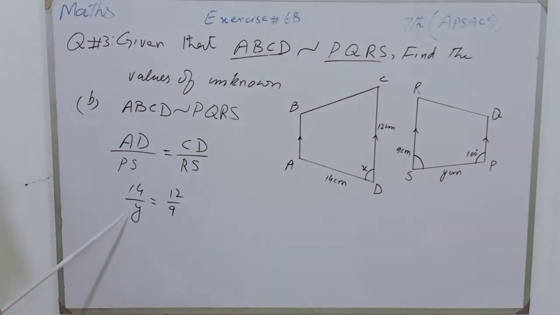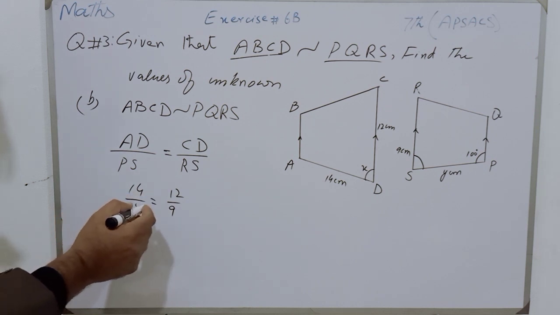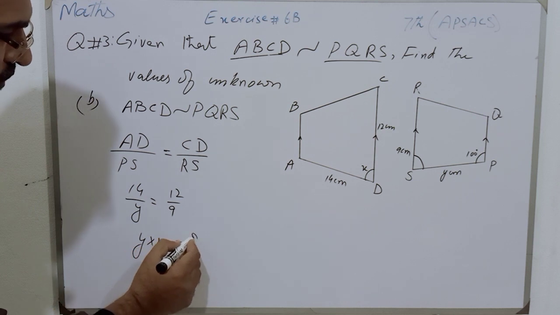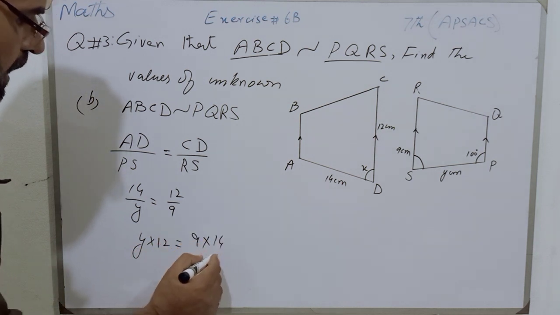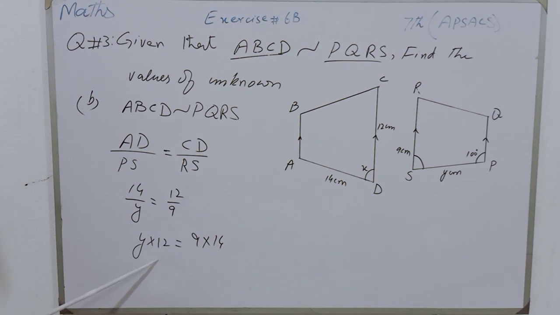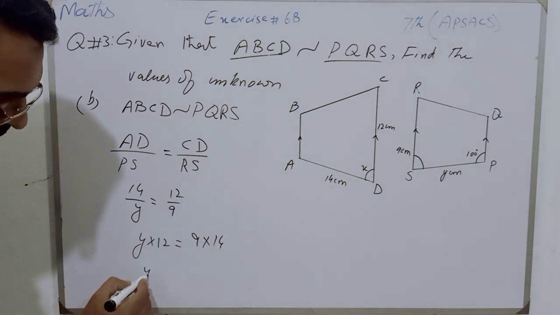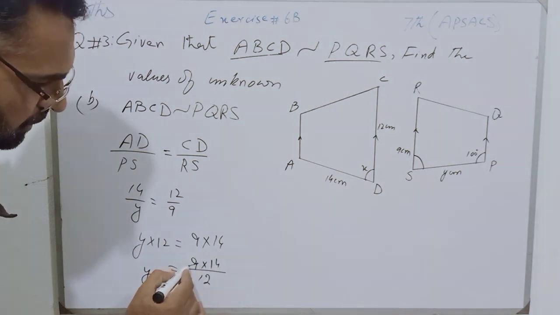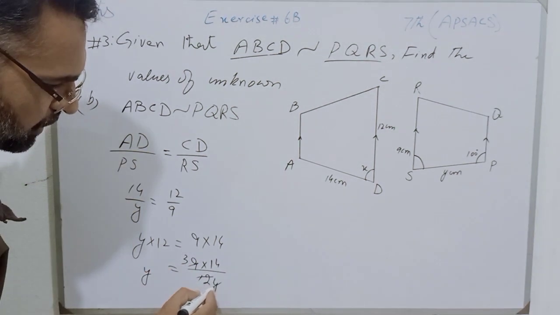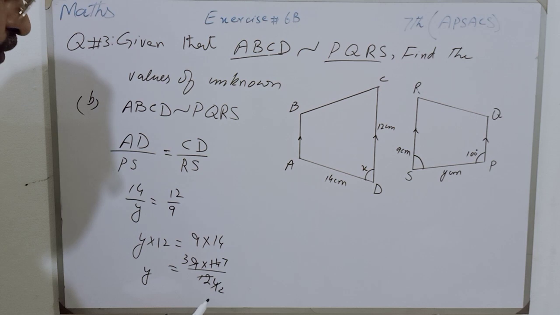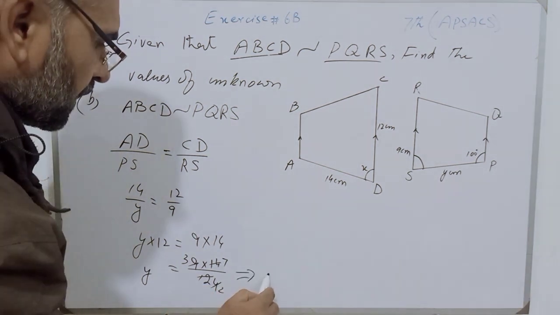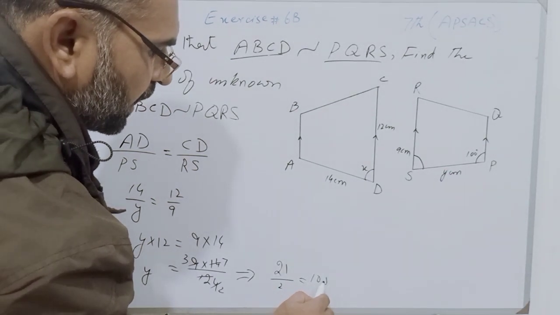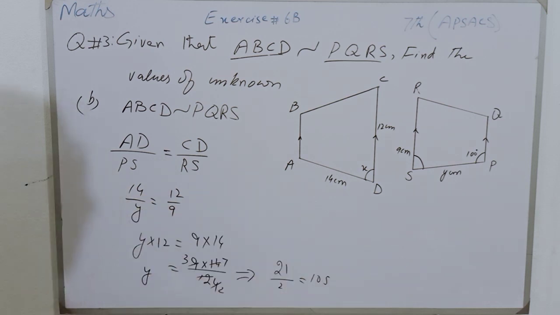Now students, for finding out the value of Y, we will do BCM. BCM means by cross multiplication. So Y multiplied by 12 is equal to 9 multiplied by 14. This 12 is multiplying on the left side. When I transfer it to the other side, it will divide. So Y will become 9 multiplied by 14 over 12. 3 3s are 9, 3 4s are 12, 2 2s are 4, 2 7s are 14, and it will become 21 over 2, and 21 over 2 means, students, 10.5. So the value of Y is 10.5.